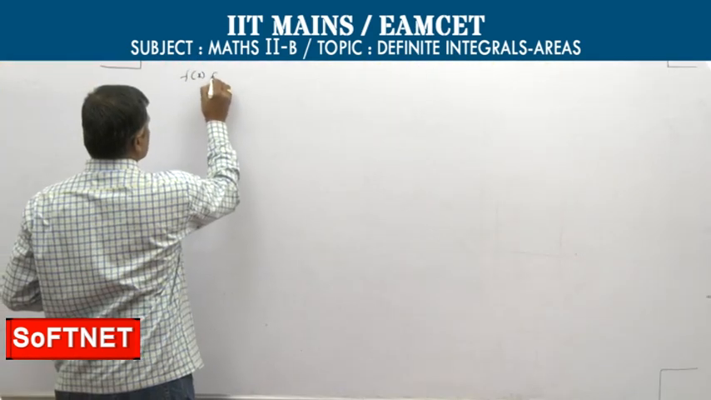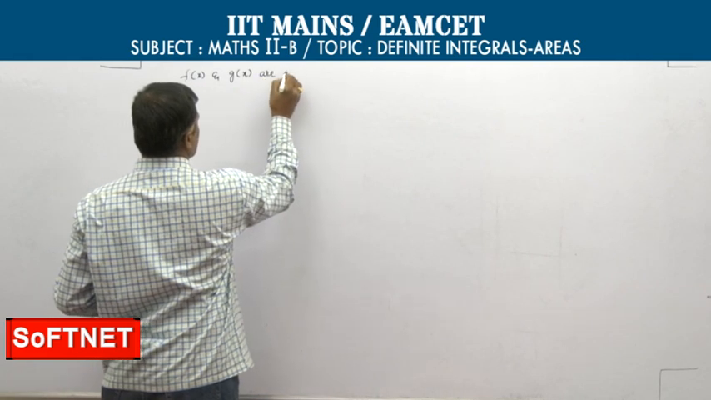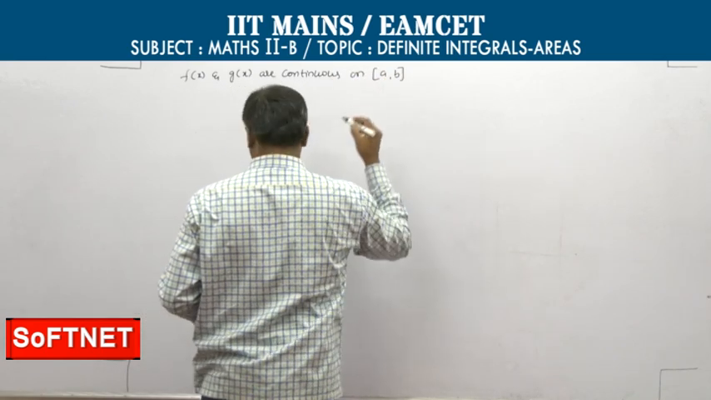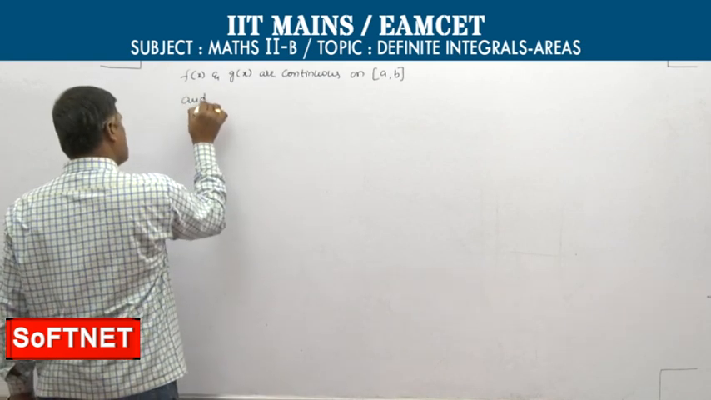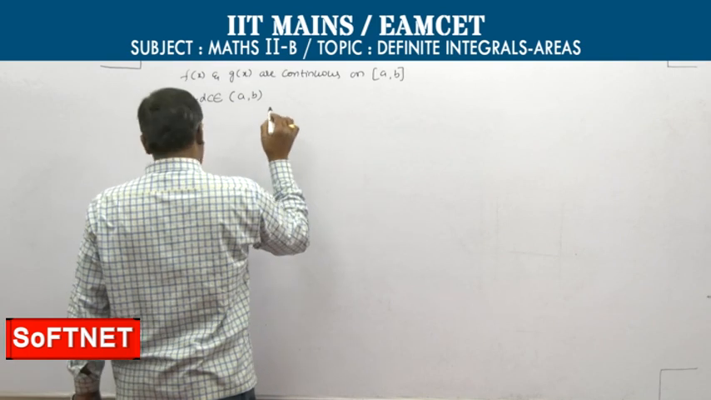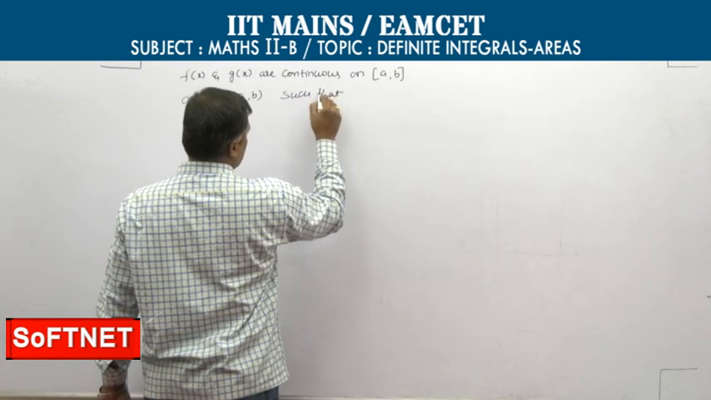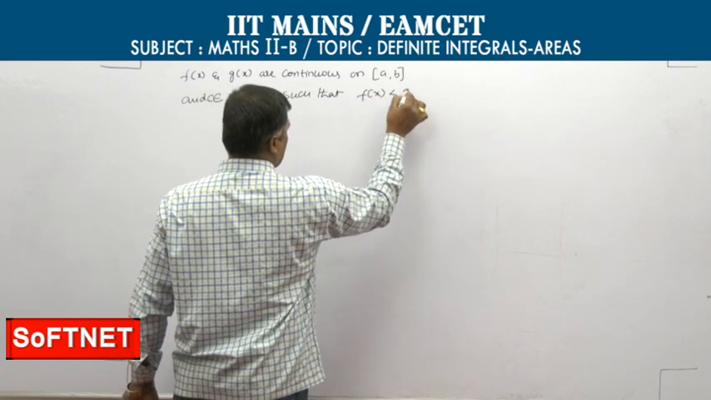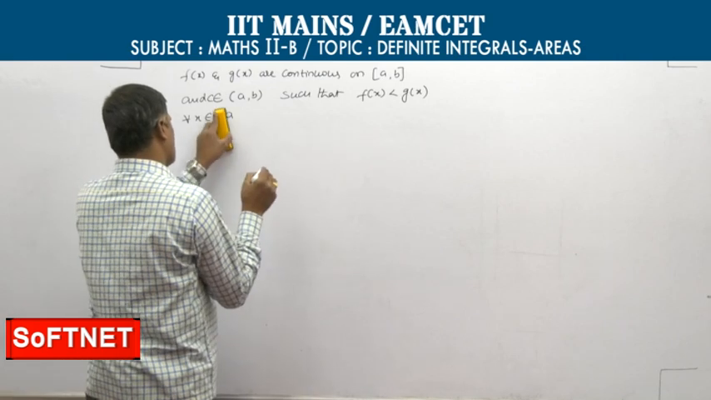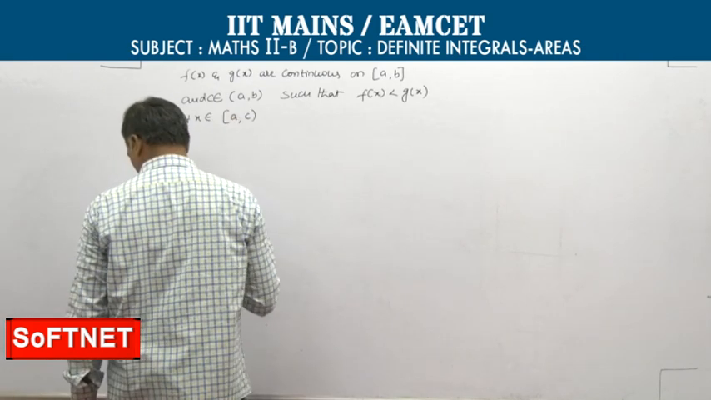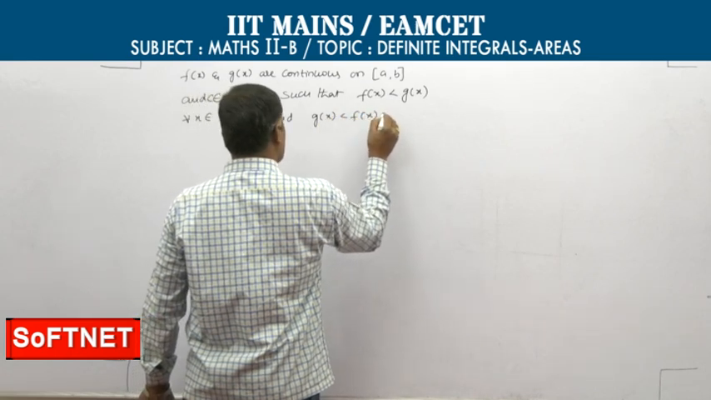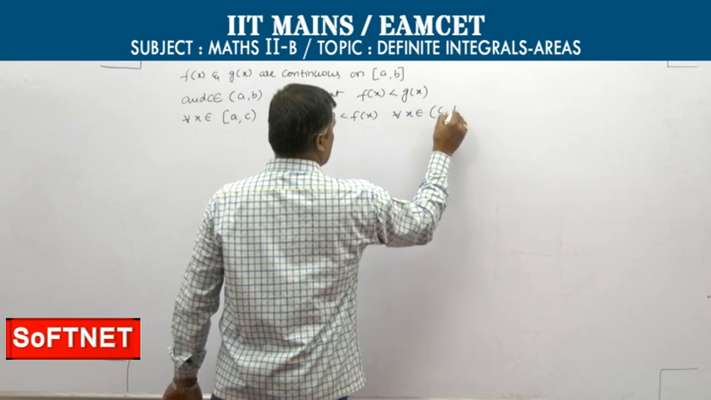F of x and g of x are continuous functions on closed interval a, b, and c belongs to open interval a, b, such that f of x is less than g of x for all x belongs to closed interval a to open interval c, and g of x is less than f of x for all x belongs to open interval c to closed interval b,